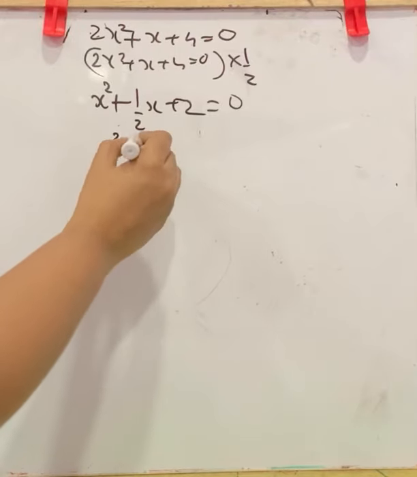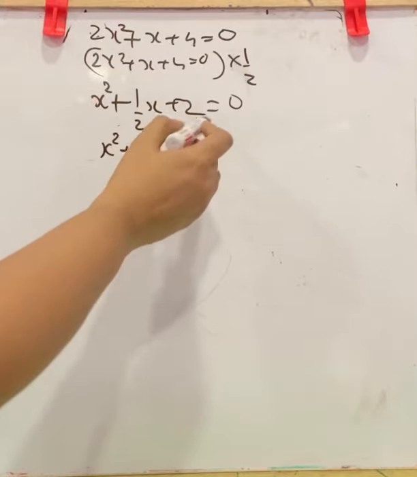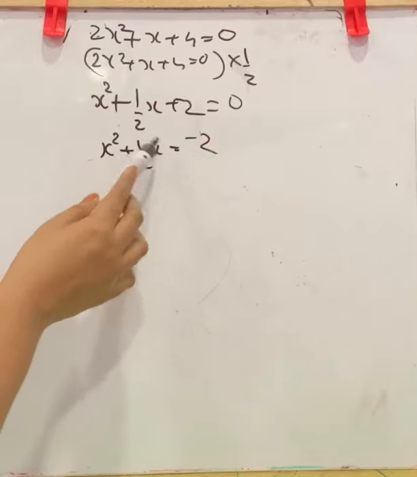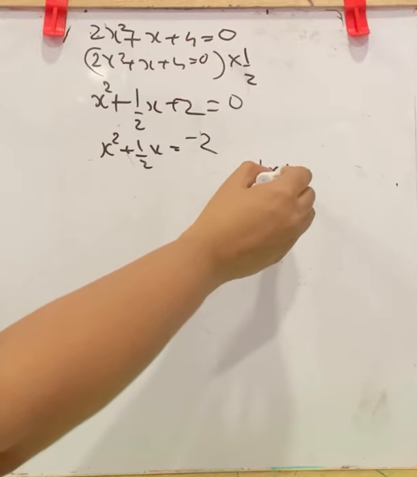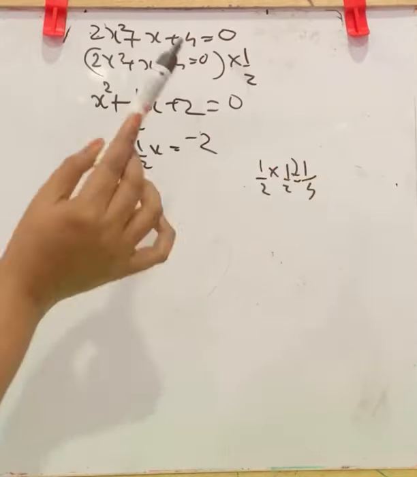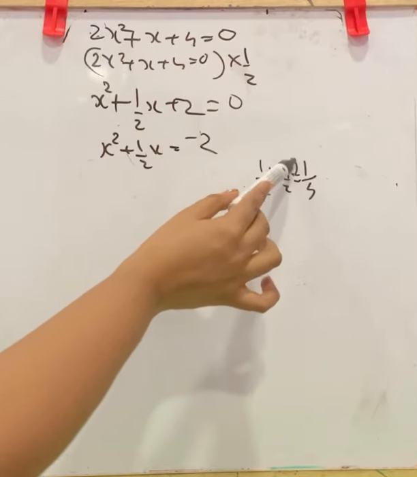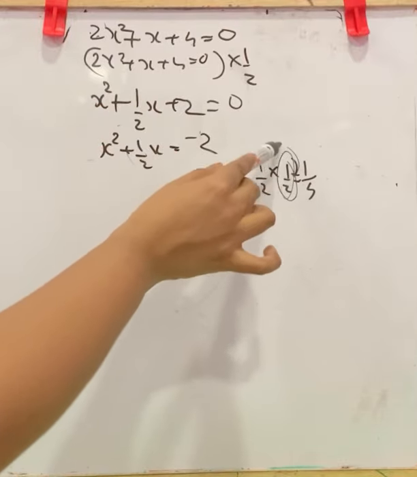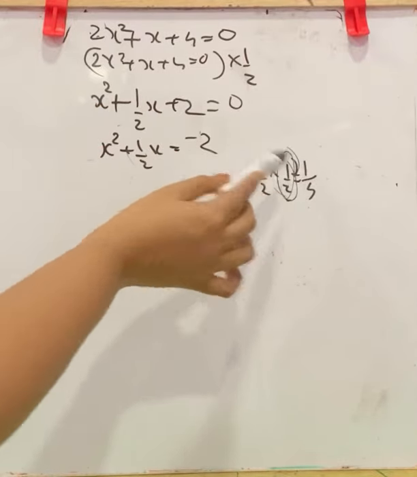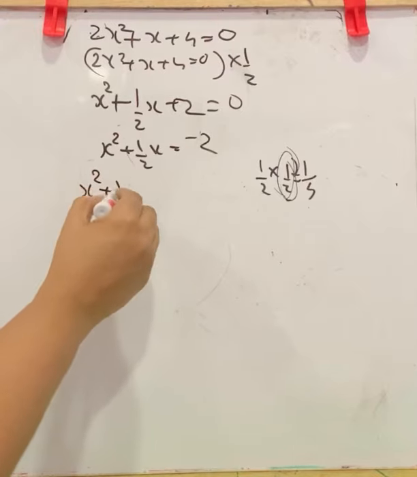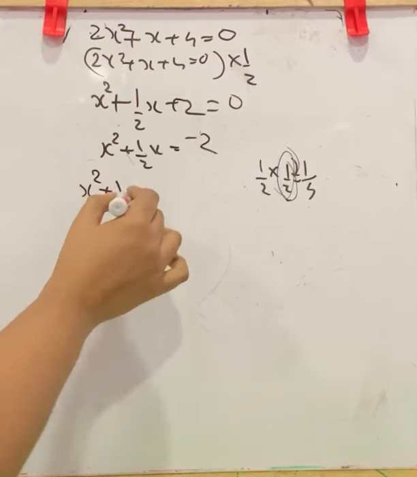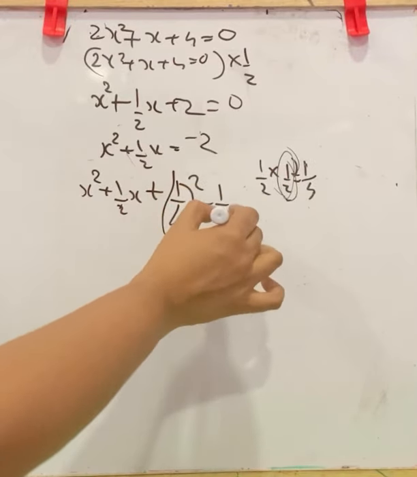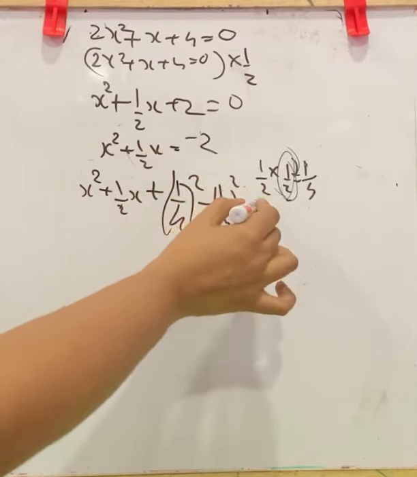Now keep x square plus 1 by 2 x here. Take this plus 2 to RHS, minus 2. Now here we have 1 by 2 as the coefficient, and we know 1 by 2 into 1 by 2 is 1 by 4. Whatever be the coefficient of x, you want to multiply it with 1 by 2. Multiplying with 1 by 2 means division by 2. Now you will get the answer 1 by 4. Now next step is write down all these terms, then plus 1 by 4 whole square and minus 1 by 4 whole square equal to this minus 2.